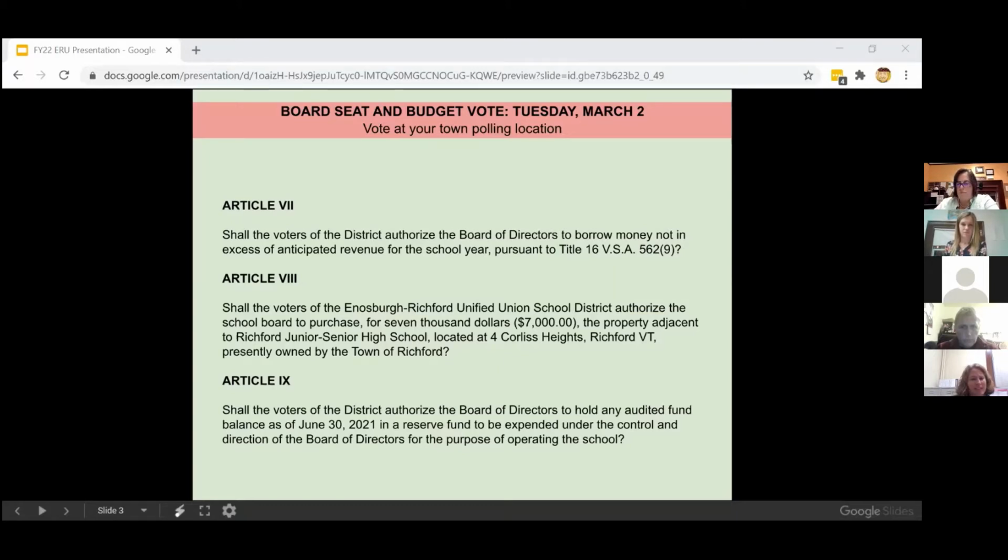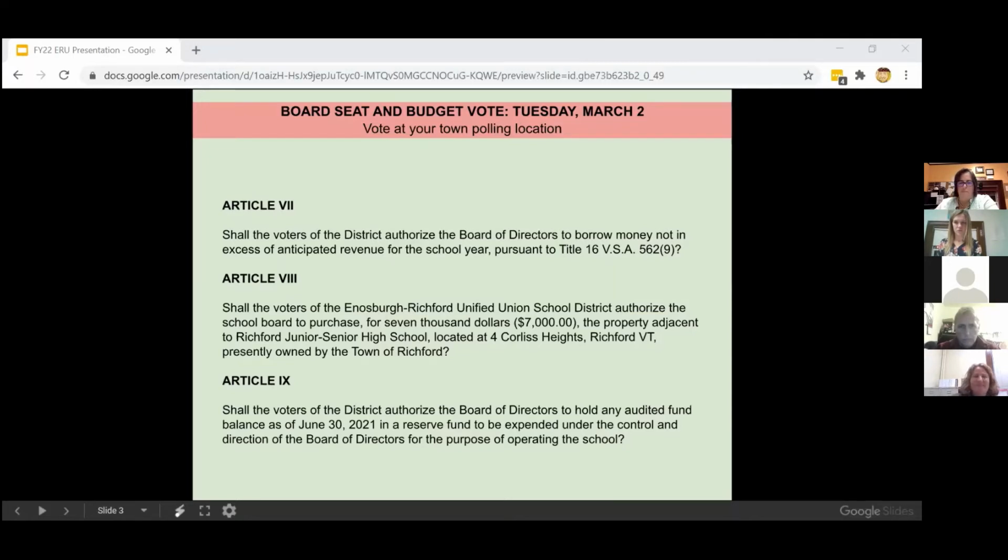And then Article 9. This article gives the board the authority to hold any audited fund balance as of June 30th, 2021 in a reserve fund to be expended under the control and direction of the board for the purpose of operating the school. If you remember, I think last slide,